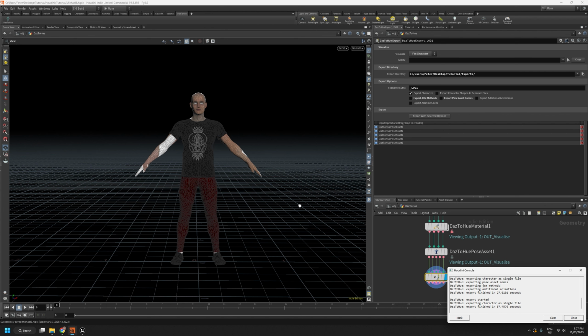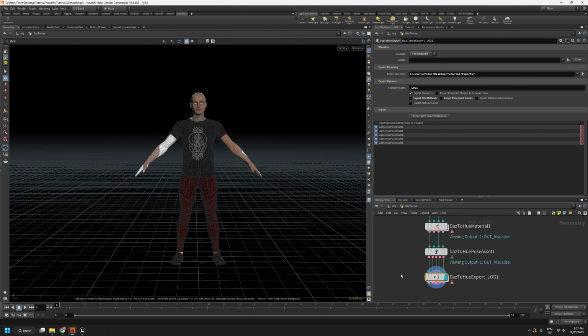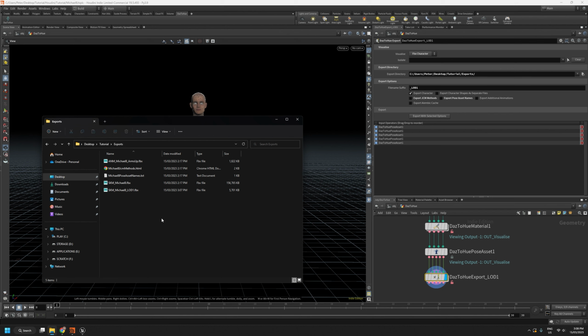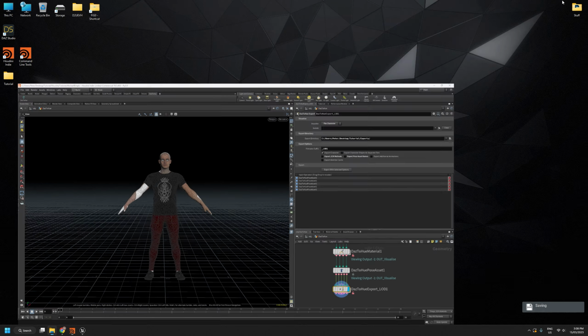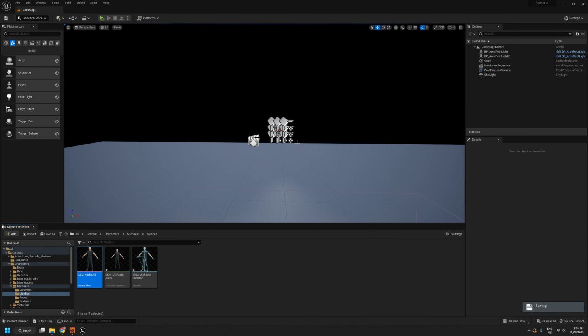Okay, so that's finished exporting. You can see here it took almost 88 seconds. If we take a quick look at the export directory, we can see now that we have our mycolate LOD_1 FBX file, which is what we just exported. So now we'll jump back over to Unreal Engine. If we open our mesh again,